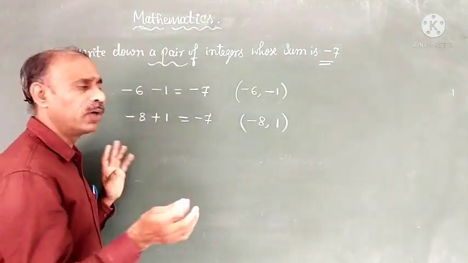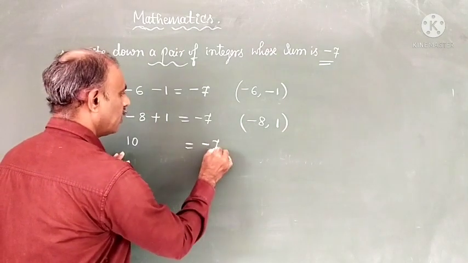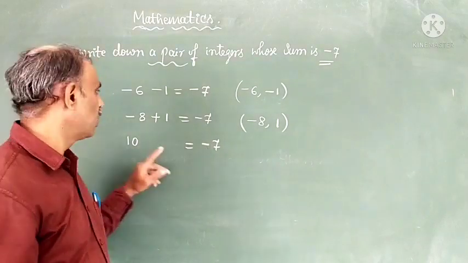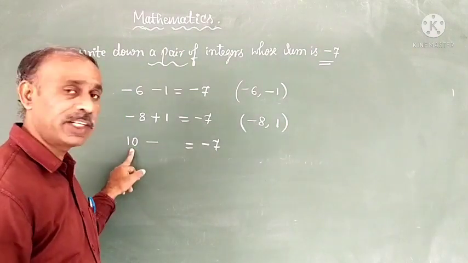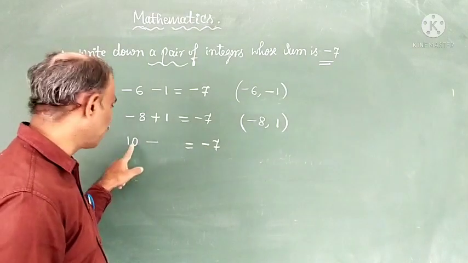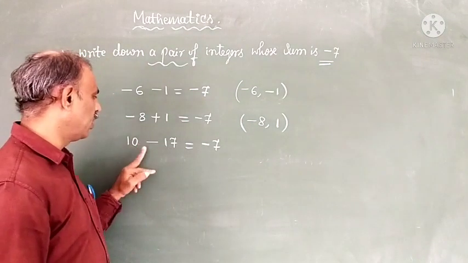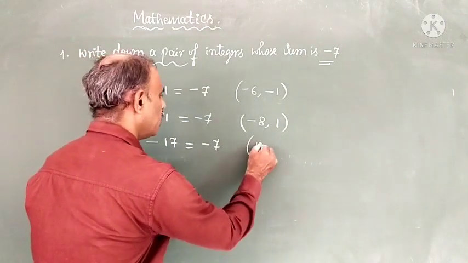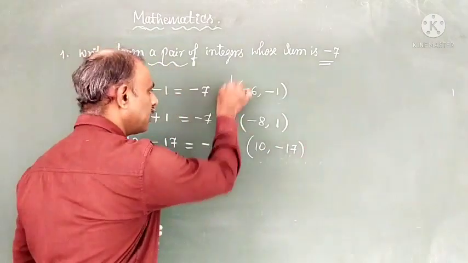Okay, simply if you don't know what you have to do, put one small number, 10. Answer they have given -7. Right? Minus should be needed, which means for the greater number you should give minus. From which number if you subtract 10 to get 7? So that is 17. See, 17 minus 10 is 7. Bigger number minus. So which are the numbers I use? 10 minus 17. So like this, many pairs we can write.